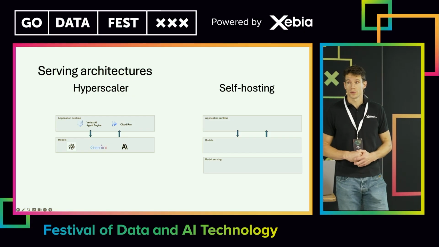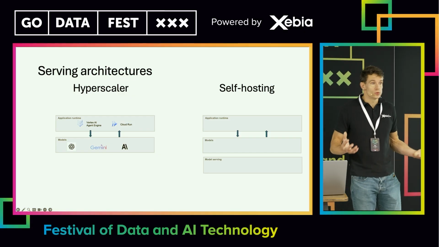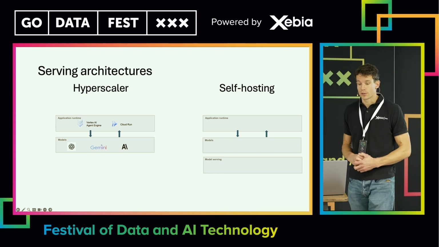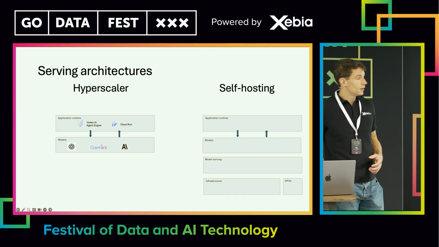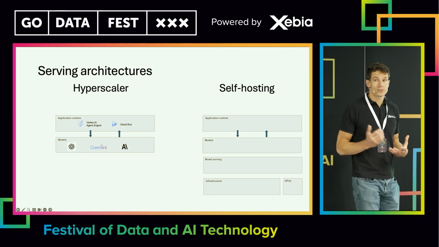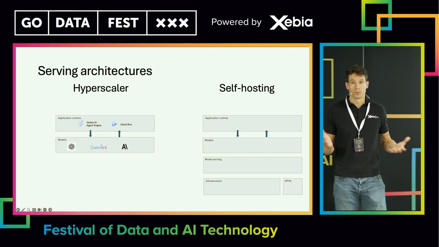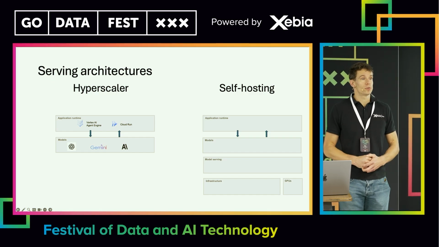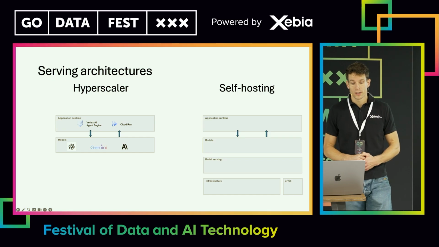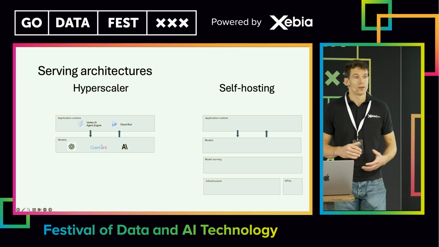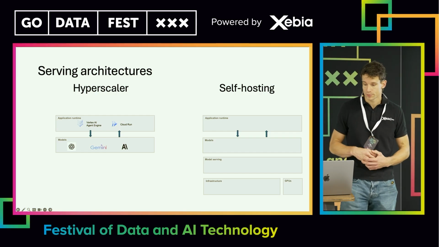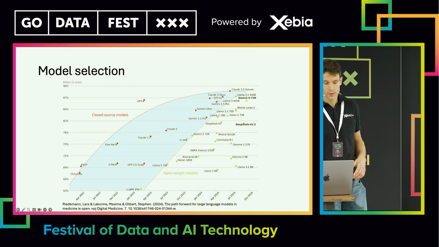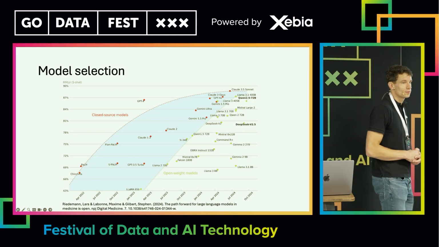Then once we have picked the models, we can't just use these weights out of the box. We need some serving framework. So that's another decision that you're going to make. And then finally, once we have this serving framework, we also need to run our model somewhere, because we cannot use the SaaS providers, so we need our own infrastructure. Where is this going to physically run and where do these GPUs live? So let's try to tackle these boxes from top to bottom. First, model selection.